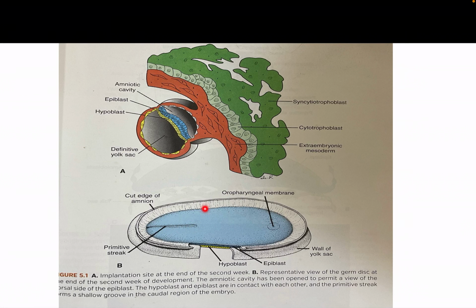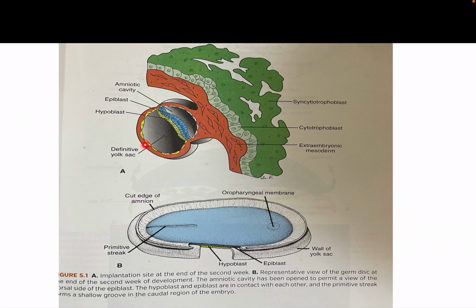This is the epiblast region or amniotic sac. In front, the epiblast and hypoblast fuse with each other in a small circular area. The name given is the buccopharyngeal membrane, or the oropharyngeal membrane. A similar union is present here, and the name given is the cloacal membrane. Here is shown the yolk sac, or secondary umbilical vesicle.